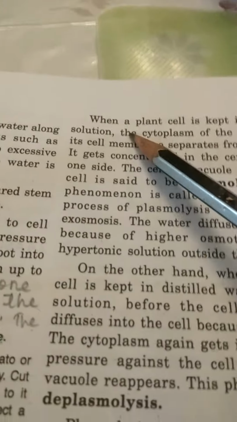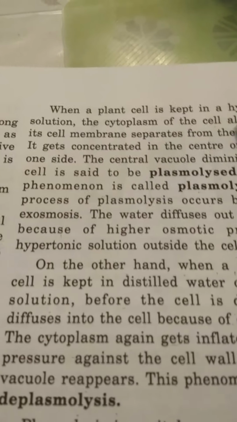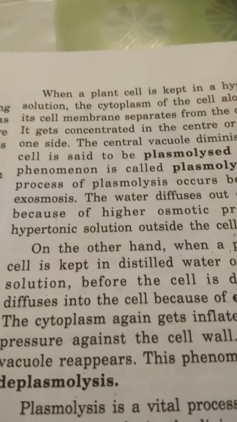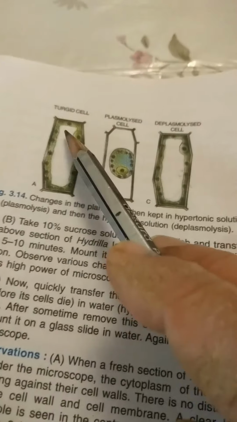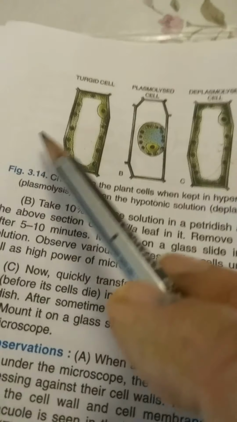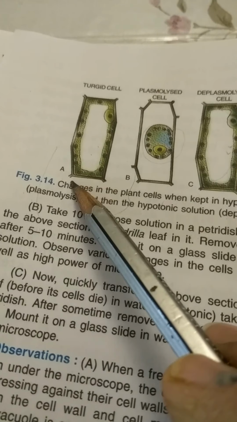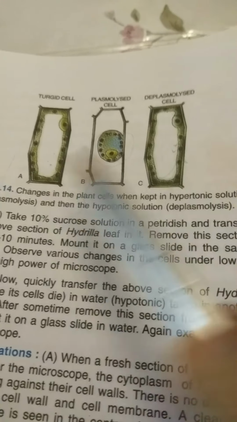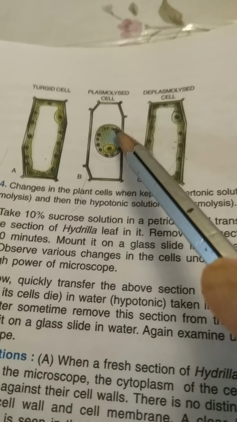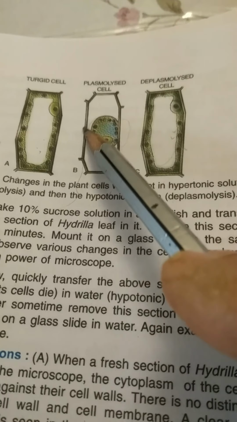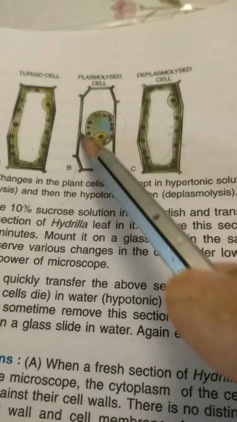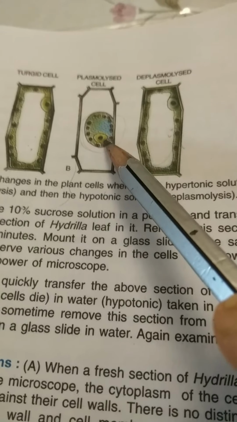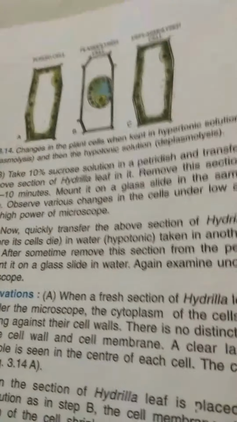Now, when a plant cell is kept in hypertonic solution, the cytoplasm of cell along with its cell membrane separates from the cell wall. See the diagram. This is the plant cell. We have placed it out. The outside is hypertonic solution. So after few hours, you will find that due to exosmosis, the protoplasmic mass, it shrinks and gets collected somewhere